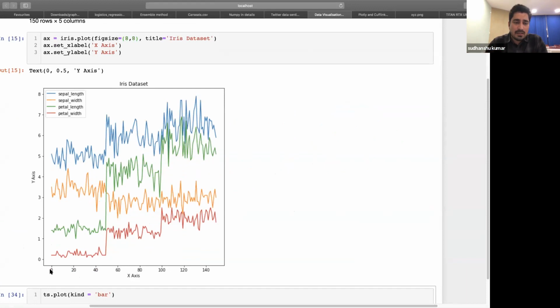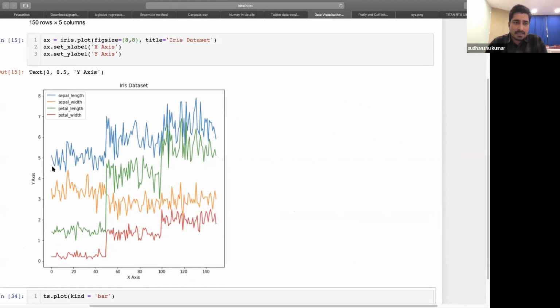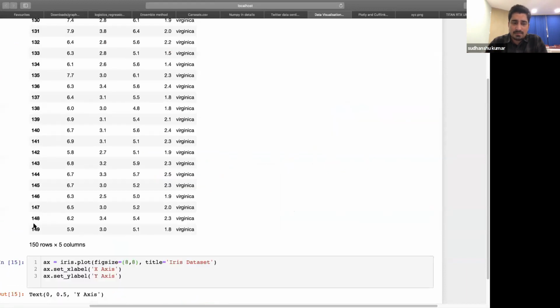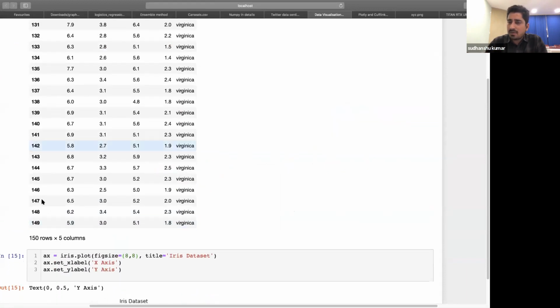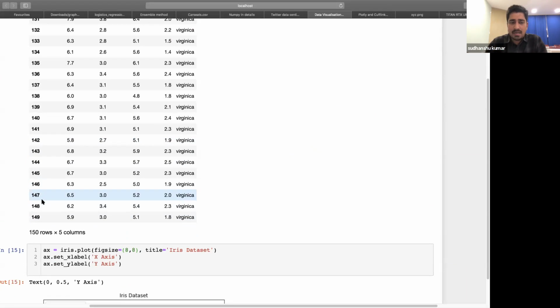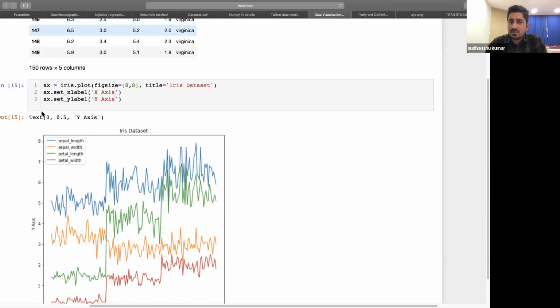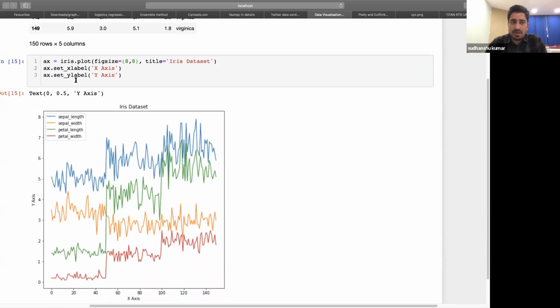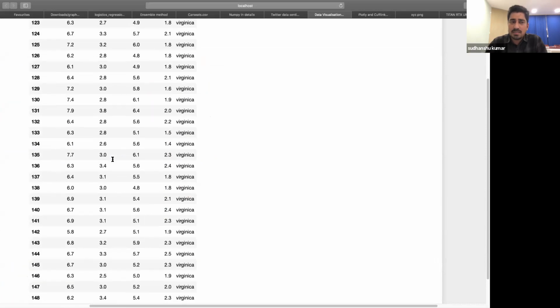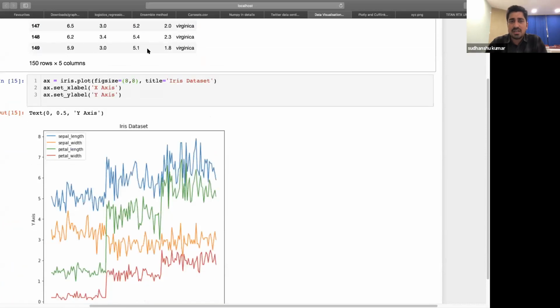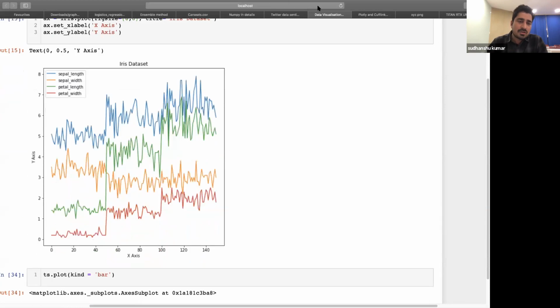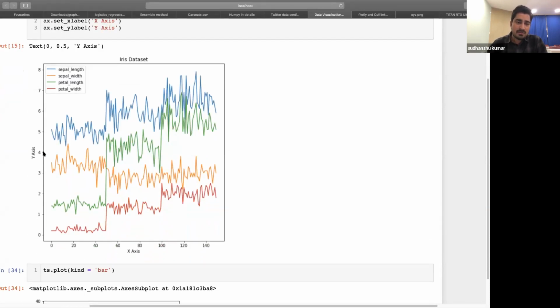Now, if you look at your x-axis range and your y-axis range, the x-axis is nothing but the total number of rows it is trying to represent, and the y-axis is trying to represent its own values. Whatever values you have over here, it represents on the y-axis for each and every individual column. So if I take an observation from the graph, I can simply say that